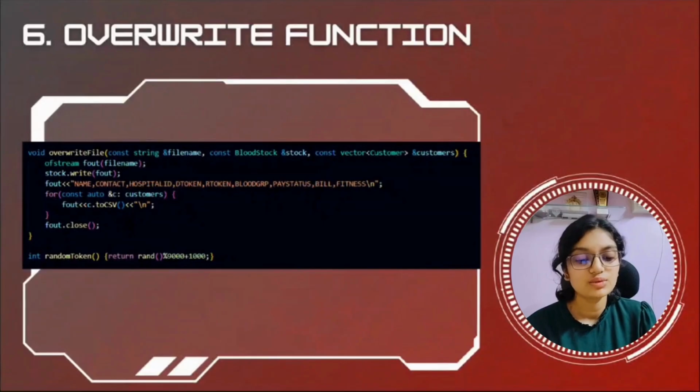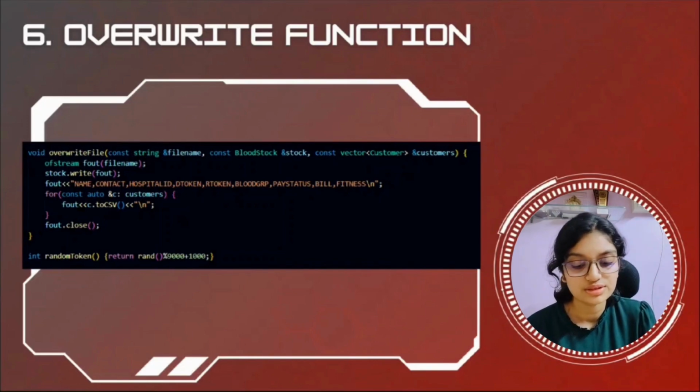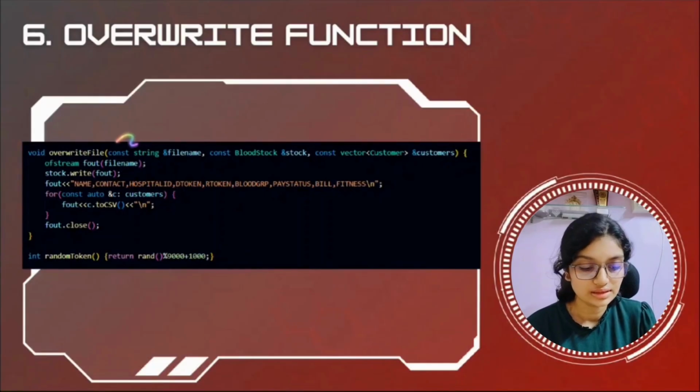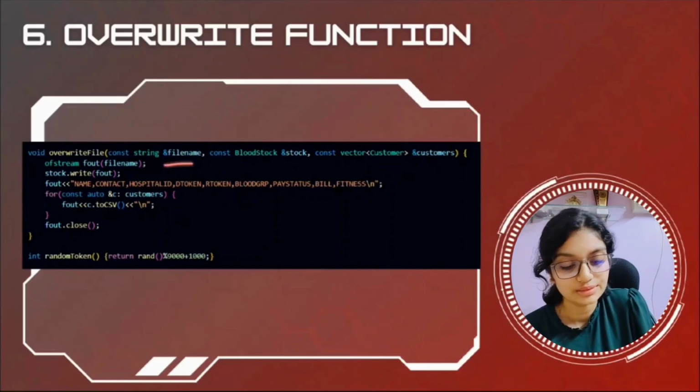This is the overwrite function. Now the reason why we are overwriting the file is that we do not want any leftover data. So we will be basically replacing the older data with the current in-memory state, so that there are no errors in this process of updating the CSV database. So this is the function responsible for it. These are the parameters. So we will be opening the external file, the output file stream, and this will open in the truncated mode